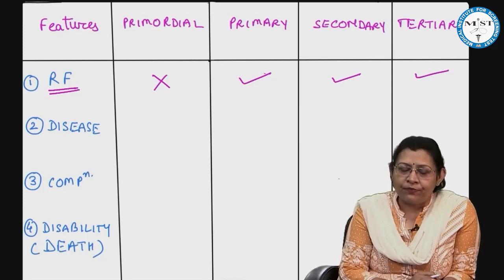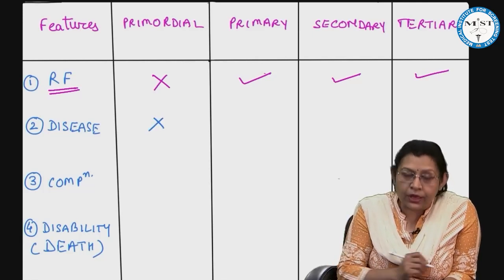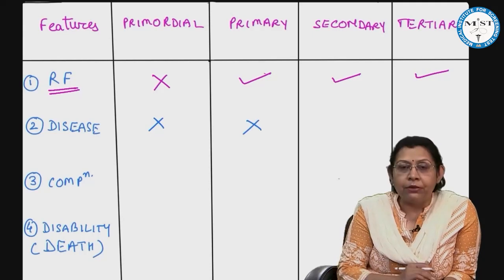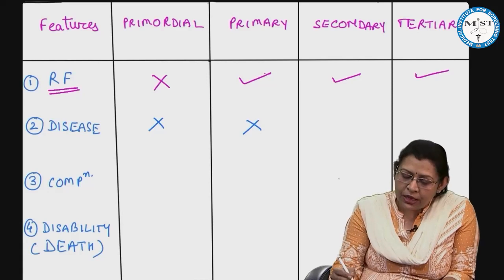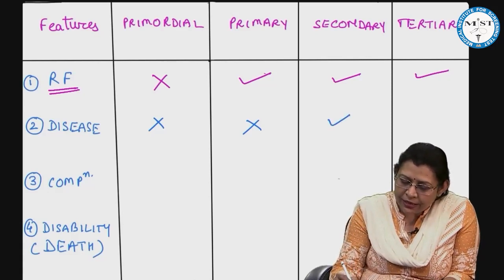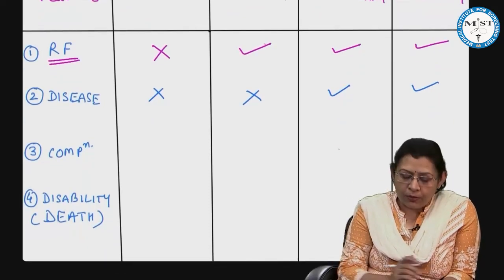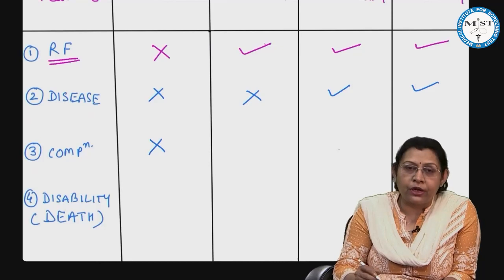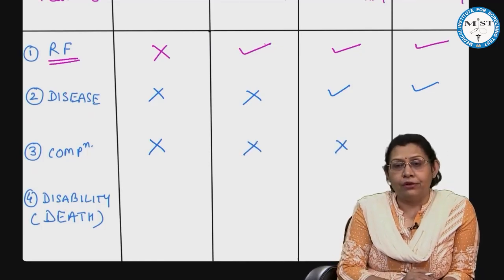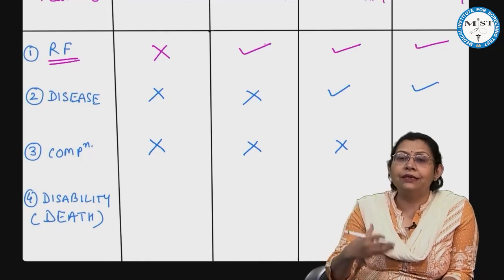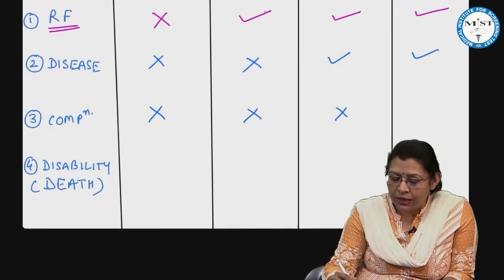What about the disease? The disease is definitely absent in the case of primordial, and absent in the case of primary, because we have to avoid the disease in the presence of the risk factor, that is primary level prevention, but the disease is present in the secondary as well as the tertiary level prevention. What about the complications? Complications are absent in the primordial, absent in the primary, as well as absent in the secondary also, because you are trying to detect the disease in an early stage before complications can happen, and yes, the complications are present in